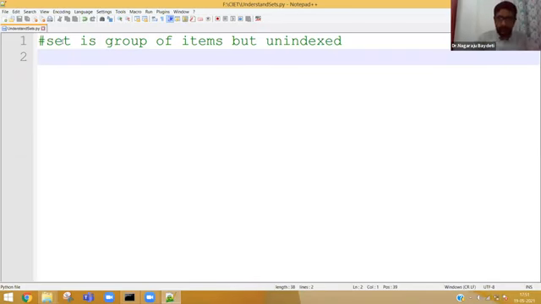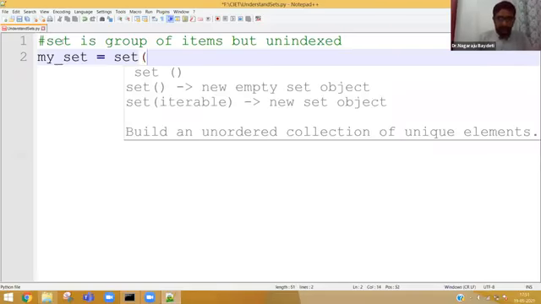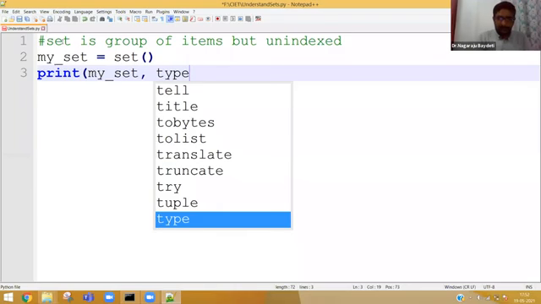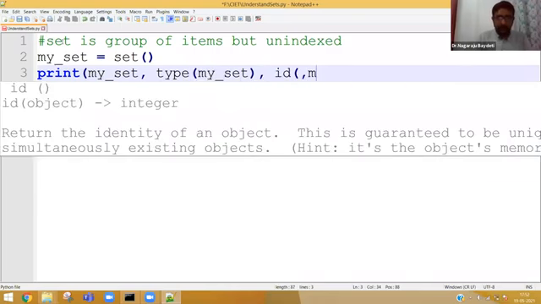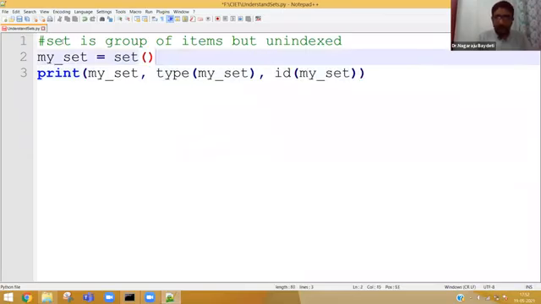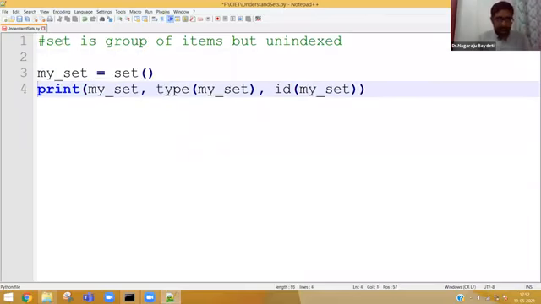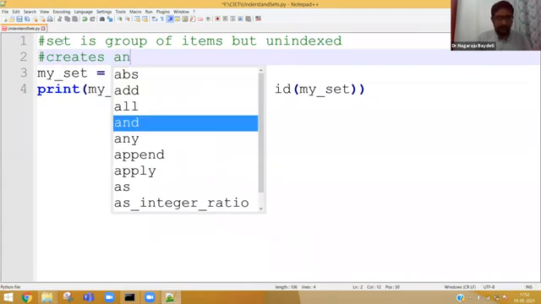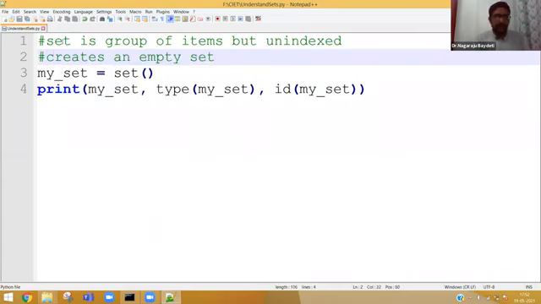For example, my set is equal to set, print my set, type of my set, then ID of my set. So what it will do, obviously it will create an empty set. There are two ways to define an empty set.